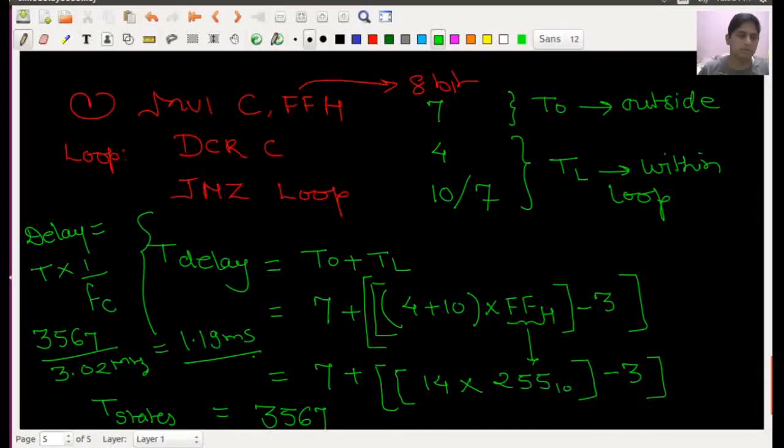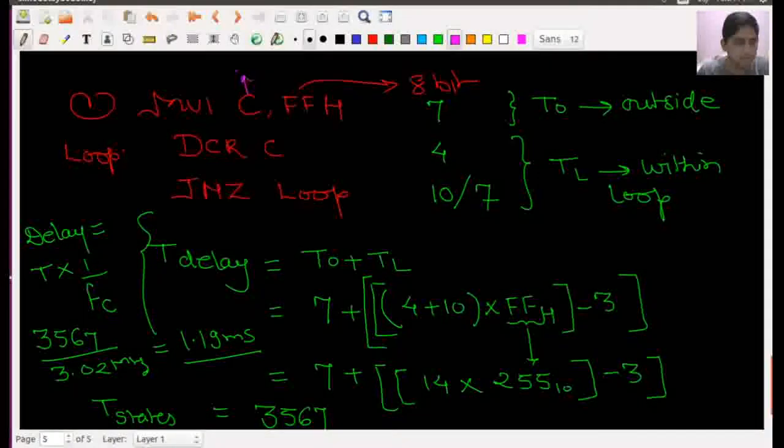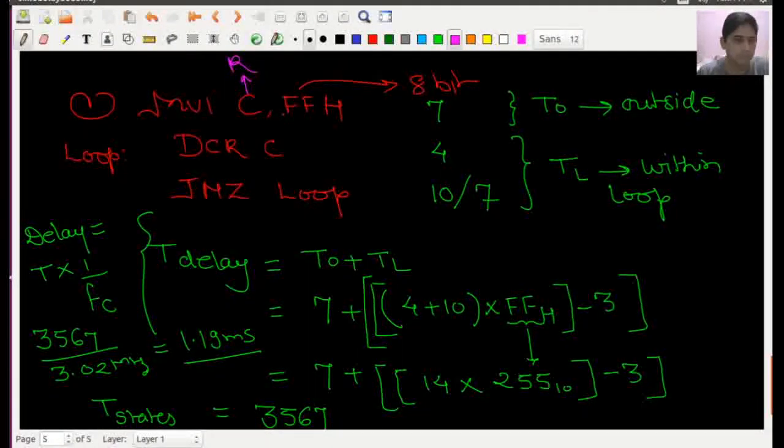So I will again recall what the steps are. First, you have to write down a procedure using the down counter, and remember that we have used one register, C. We have loaded the maximum 8-bit count value in hexadecimal into this register C, and we have decremented it until it becomes 0. Then this program will run in the loop. So if the program is running in a loop, obviously it will introduce some delay.